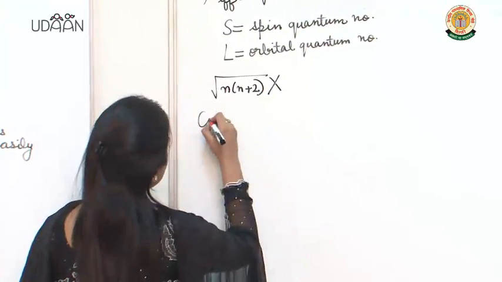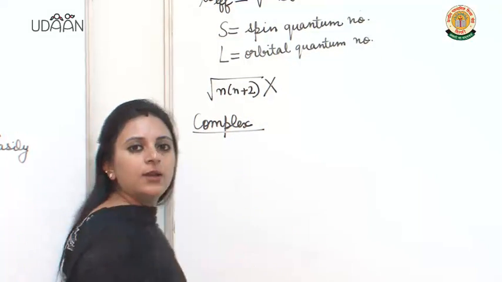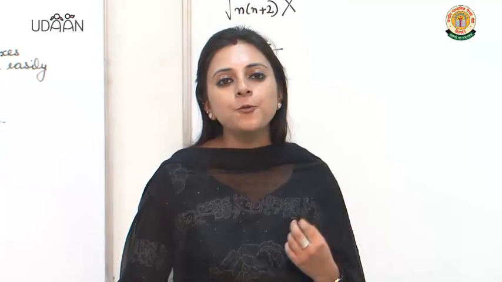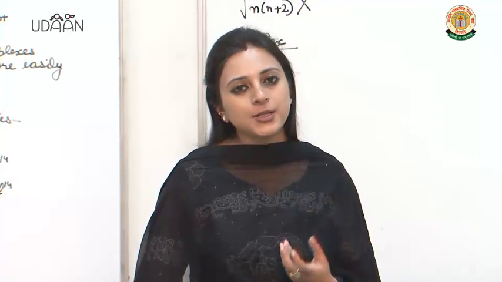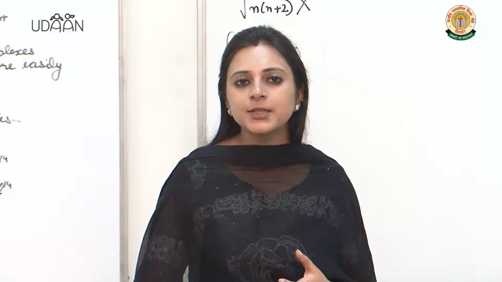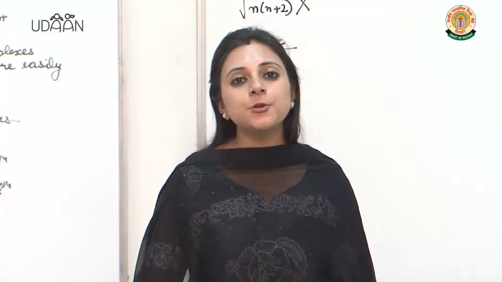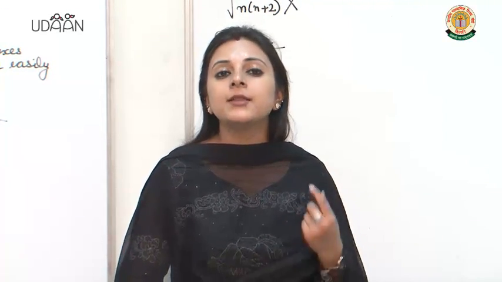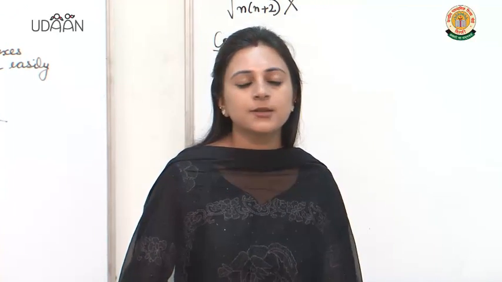Now, let us talk about the complex formation in lanthanoids. Lanthanoids have a very little tendency to form complexes because of their low charge density. Due to low charge density the complex forming ability is less, but if we take strong chelating agents like EDTA and beta ketones, they can form complexes with these strong chelating agents.